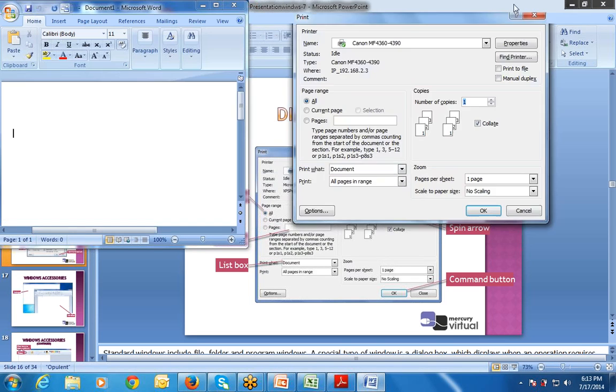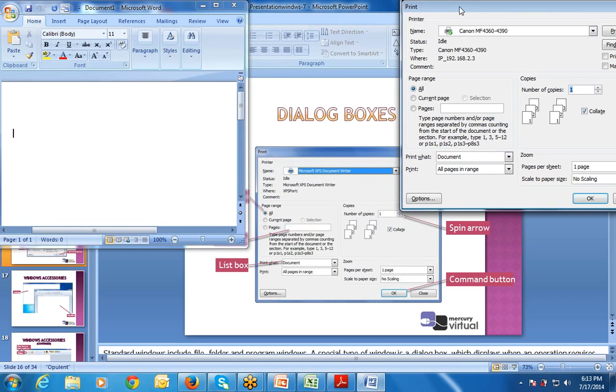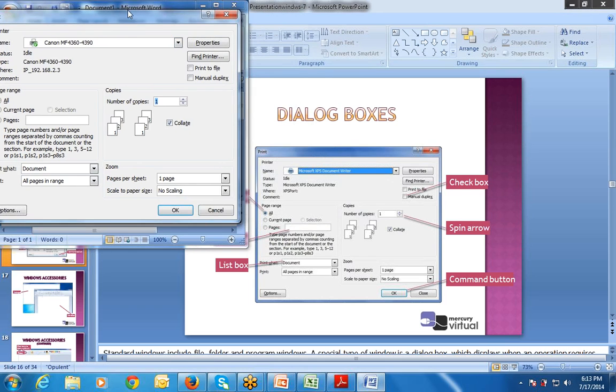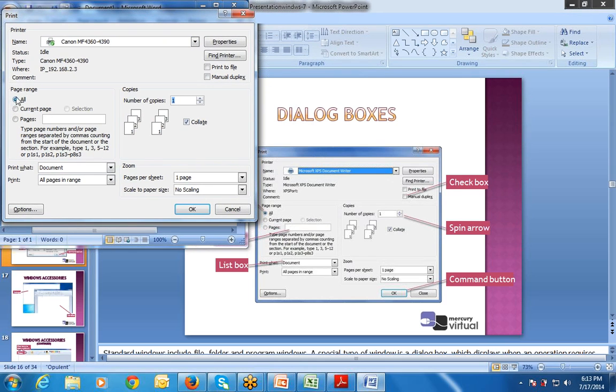Here this is an option button, right? This is a text box. We can write 1, 2, 3, 4, anything. This is an option button. I can select either all, or current page, or pages.